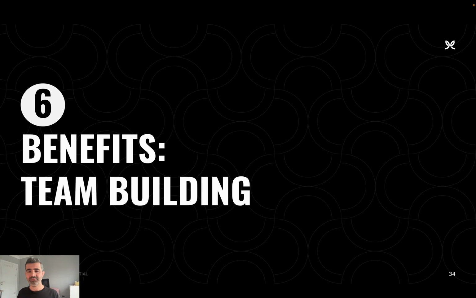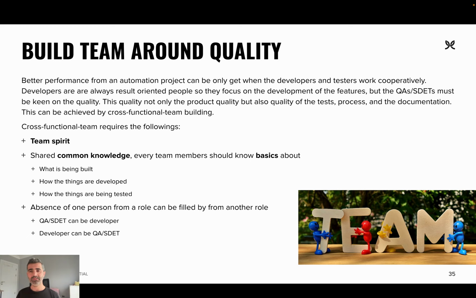So the last benefit is team building. Let's talk about team building. And I think this is one of the great ways of using a native mobile automation solution, because of what native means: the UI automation code, which is mostly the responsibility of QA or SDET or the test team, is inside the application project itself, which means that every team member, including QA engineers or SDETs,